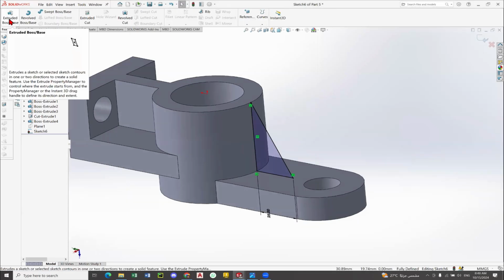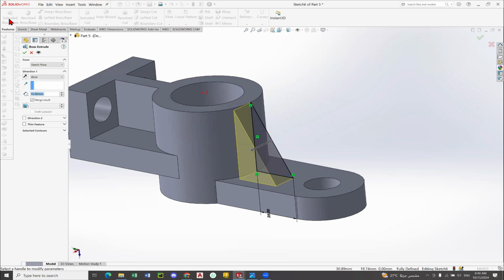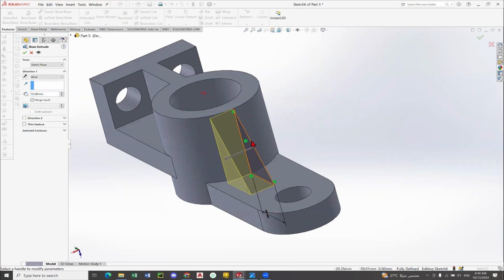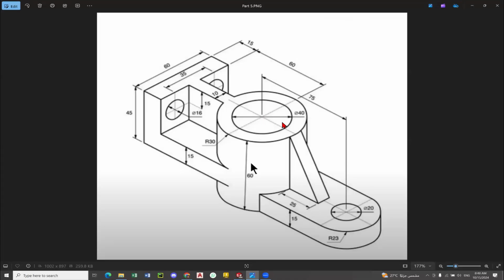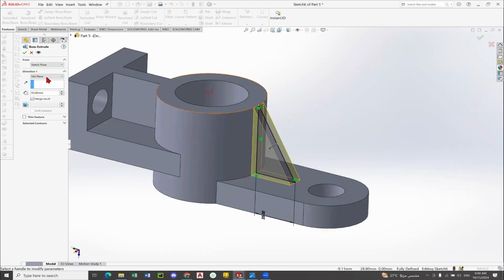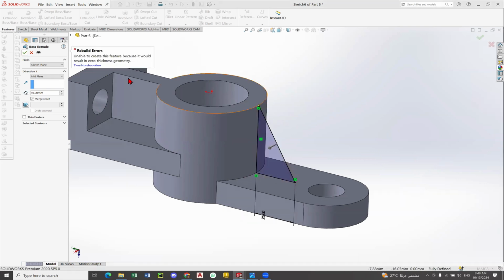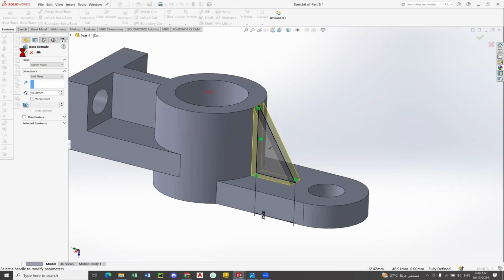I click on feature, extrude. I should choose here because I want to do extrude in both ways. I should click on blind here and choose mid plane and click here and instead of 15 type 10 millimeter. As mentioned, that is 10 millimeter with 10 millimeter. Okay, then click on the arrow. There is an error here because we put here merge. We can remove the merge result. Left click on it. Okay,